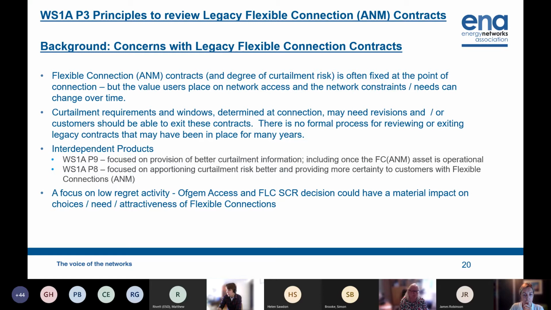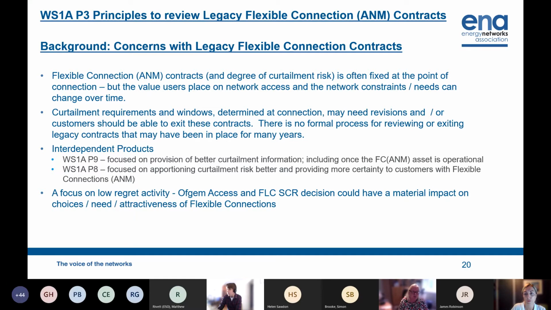So just a little bit of background to that. There was a product last year, which was product 5, which was looking at flexible connections on A&M schemes and how they work with flexibility services. And as a result of that work and actions that came out of that, a number of A&M flexible connection products were developed for this year, and we're going to hear a couple of the others after this.